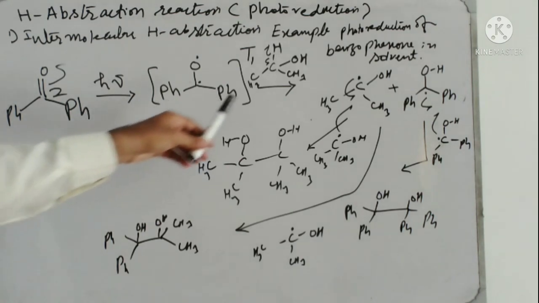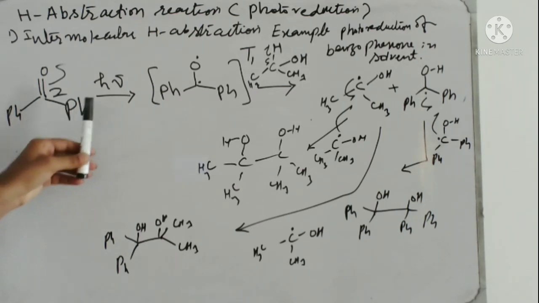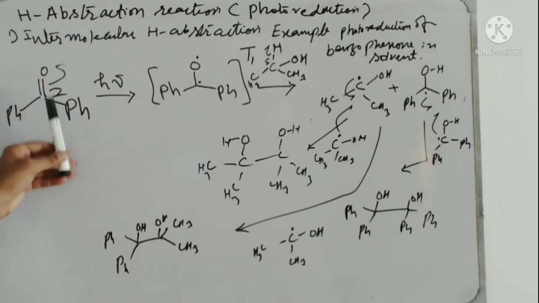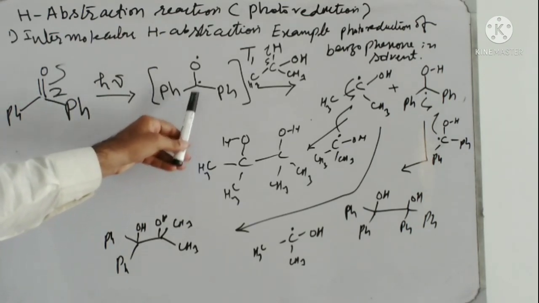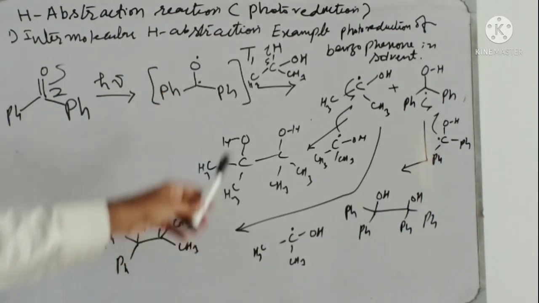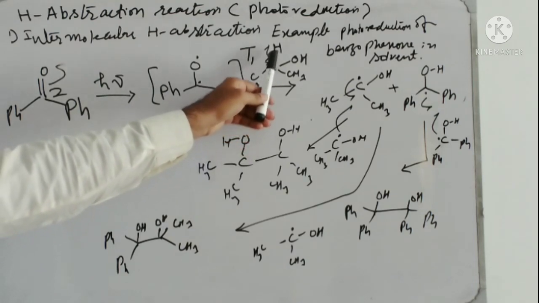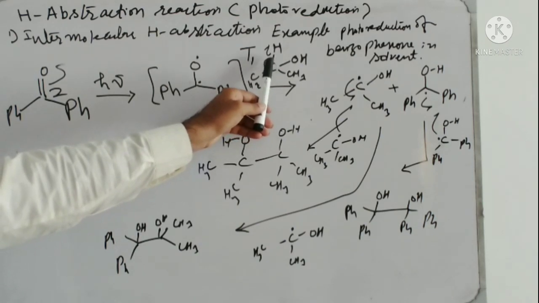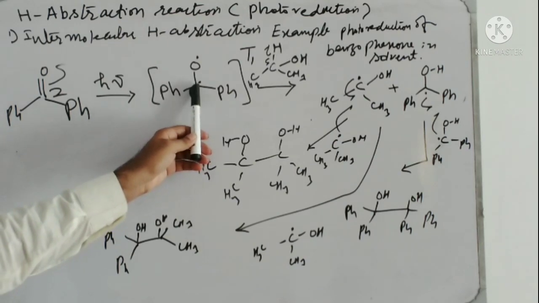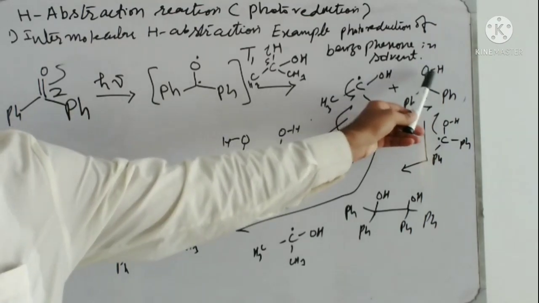In the first example, the solvent is isopropanol, and the benzophenone when photoirradiated is excited to the singlet state first, and then the singlet state goes to the triplet state. So we get this alkoxy radical here and a radical here. In the presence of the solvent, isopropanol, the CH bond of isopropanol undergoes homolytic cleavage, and this hydrogen radical forms a bond with this radical here to produce this type of radical, with the OH here.